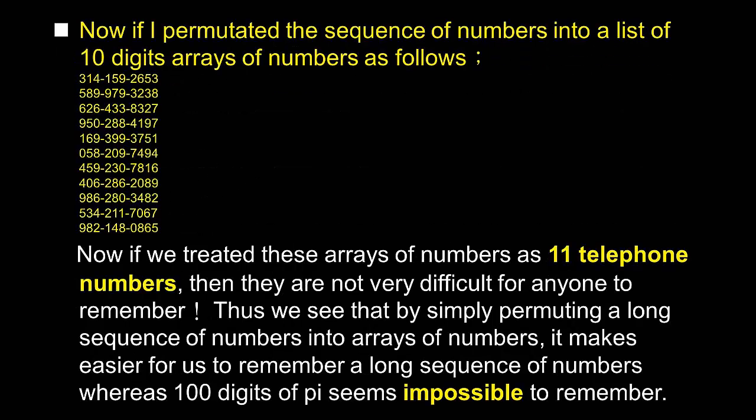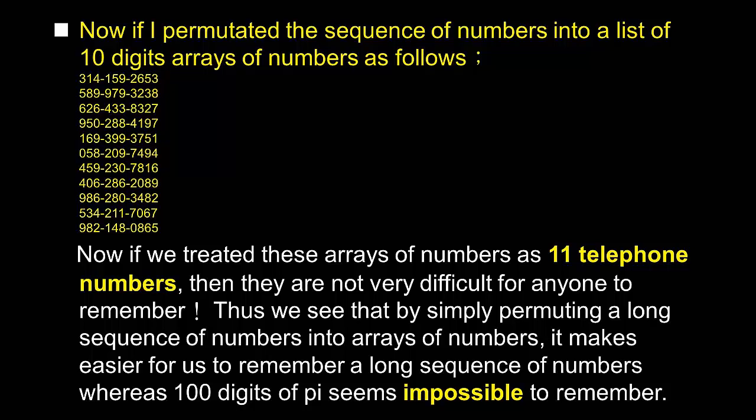However, if I permutated the sequence of numbers into a list of 10-digit arrays of numbers as follows, and here you see the 10-digit arrays. Now, if we treated these arrays of numbers as 11 telephone numbers, then they are not very difficult